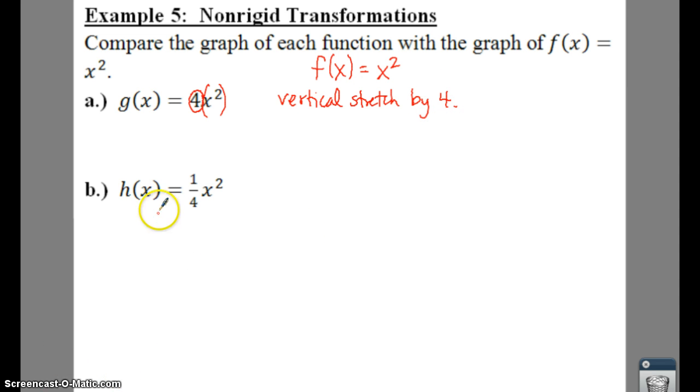B, you have a 1/4 out here in the front. Well, that's not going to be a stretch because if you have a number that is less than 1, that is going to be a shrink. But because it is out in front of your function, it is going to be a vertical shrink